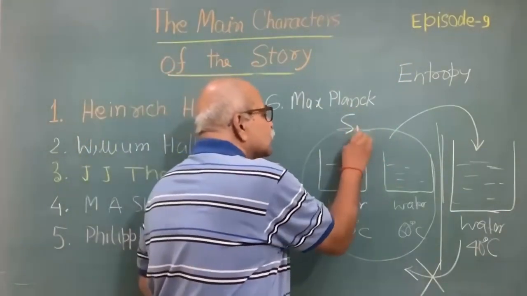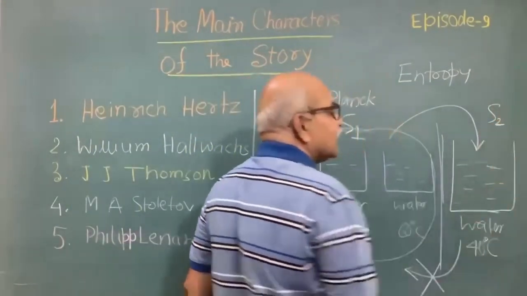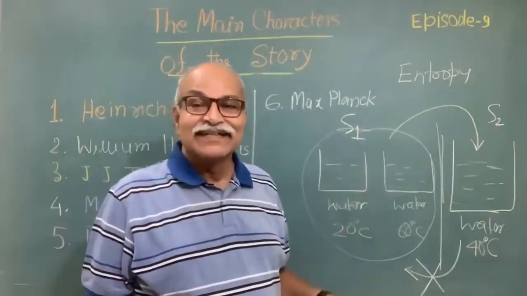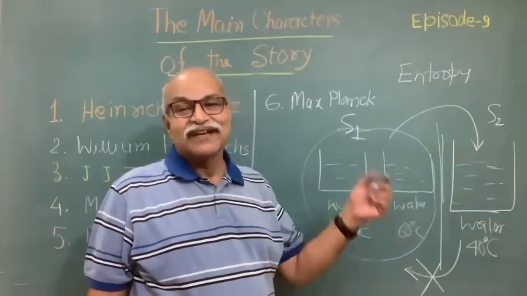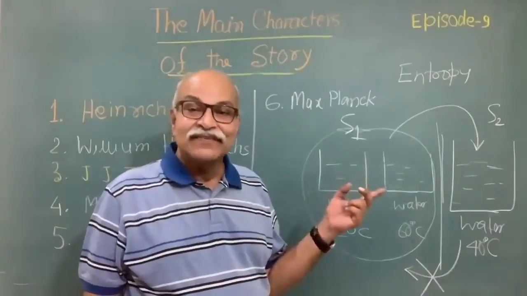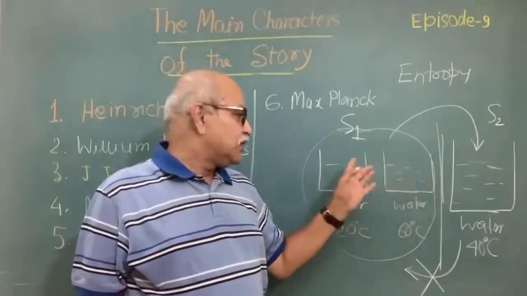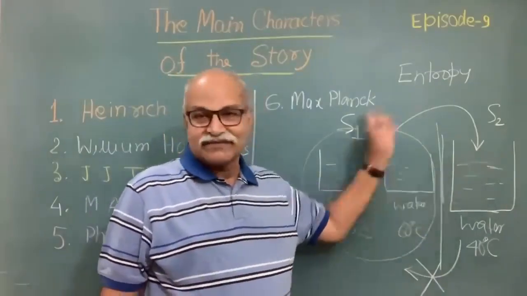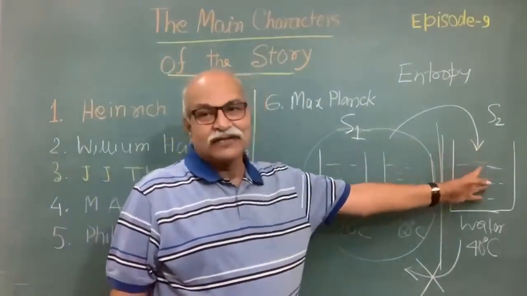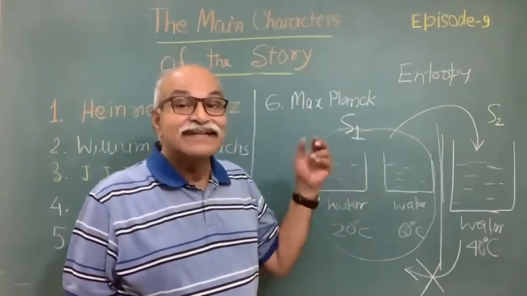And then in this situation, you calculate how much is the total entropy. And the law is that entropy cannot decrease. The total entropy of an isolated system cannot decrease. It has to increase, or at best it can remain the same. So if it remains the same, then yes, the reversal is possible. But if it increases, it cannot go back, because the entropy of an isolated system cannot decrease.